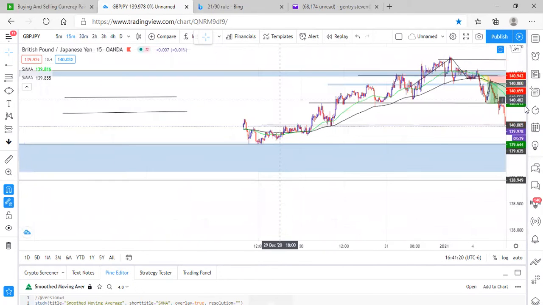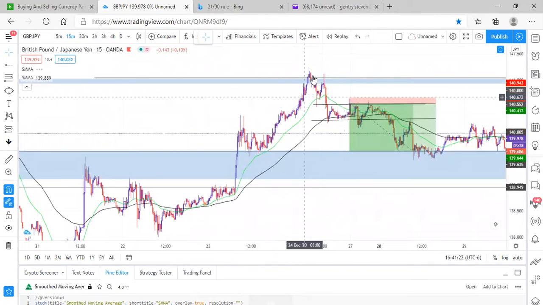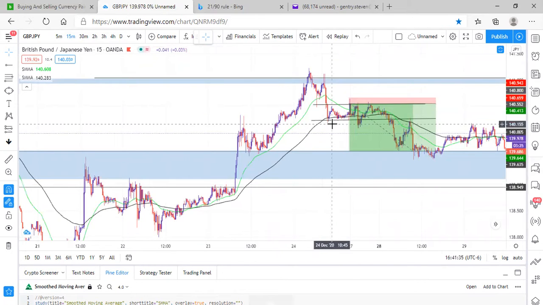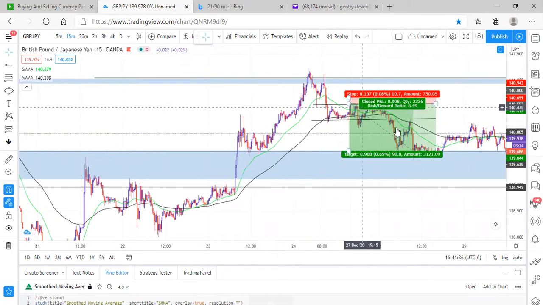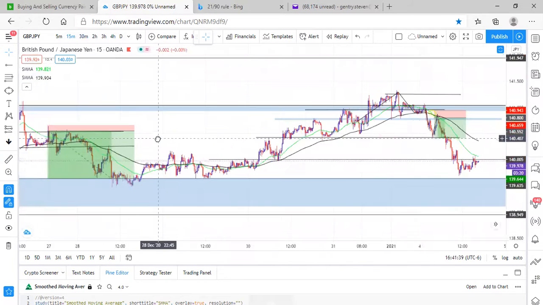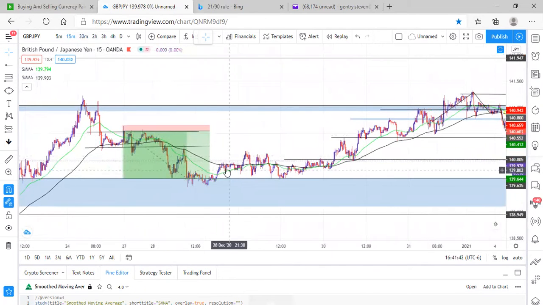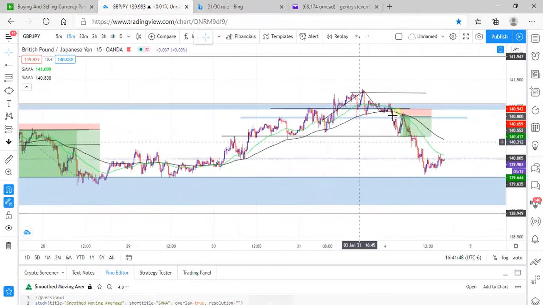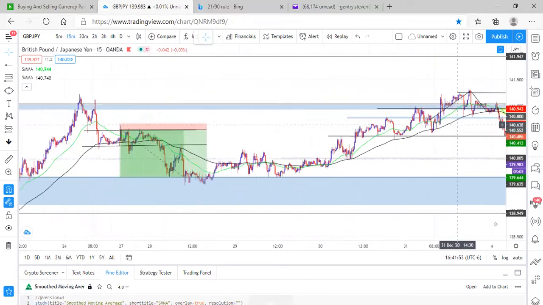When price got up into this area the first time, it sold off. Sellers took control of the market, so price shot all the way up, pulled back, retested, broke that zone. And it came down and broke down. I believe this was, no, I didn't take this trade. This is the example I was showing y'all in the last video. So I pretty much expected price to do the same thing.